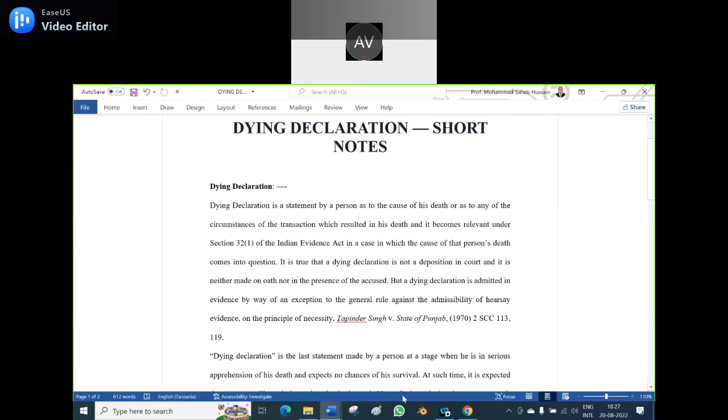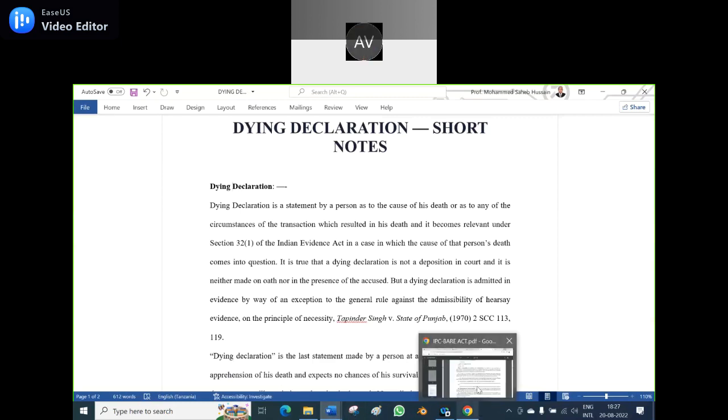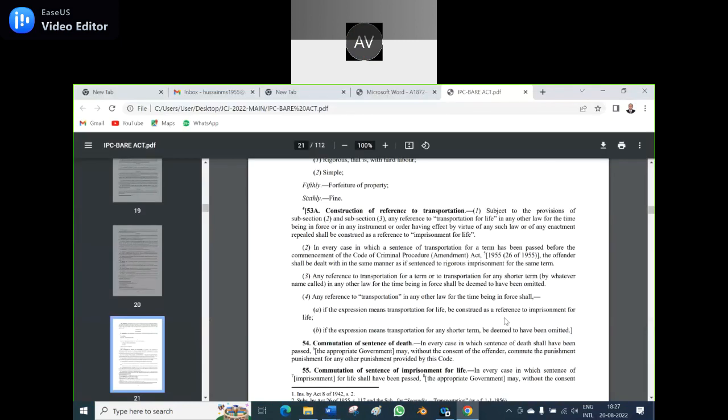No, I'll tell you. 32 clause 1 is a clause, and if after one you have another clause, then you call it a subclause. Here I made the distinction. For instance, if you take 53 capital A, Instruction of reference to transportation, immediately there is one written. In that instance, we should read section 53 capital A, subsection 1. And immediately 2 is written.